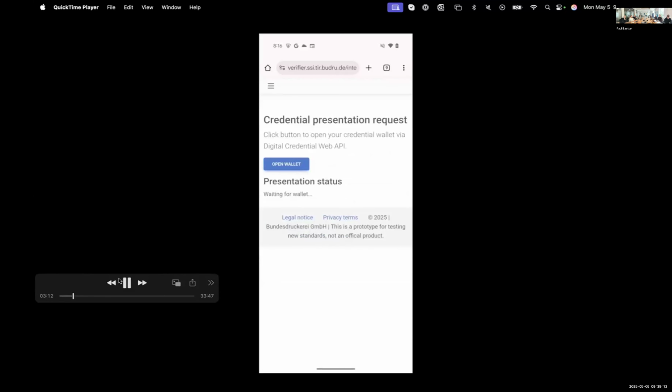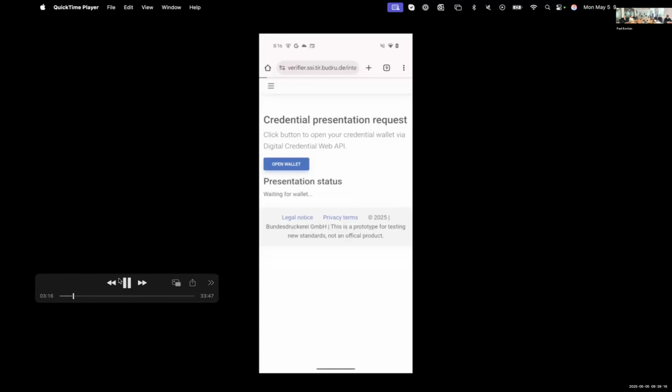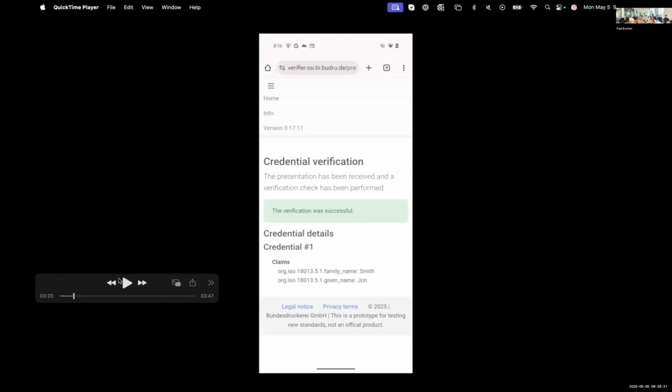So basically, it's the same. As Timo already mentioned, it's really cool for the verifier side that it doesn't matter if it's cross-device or same device flow, it's the same. And it was really fun to implement it quick.